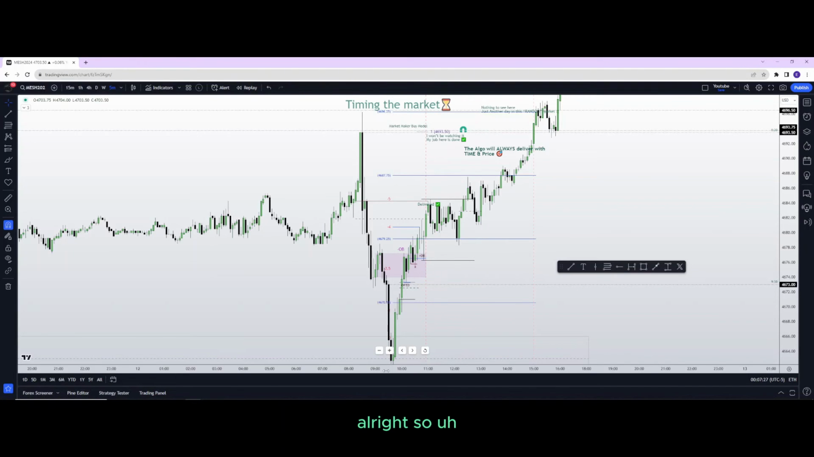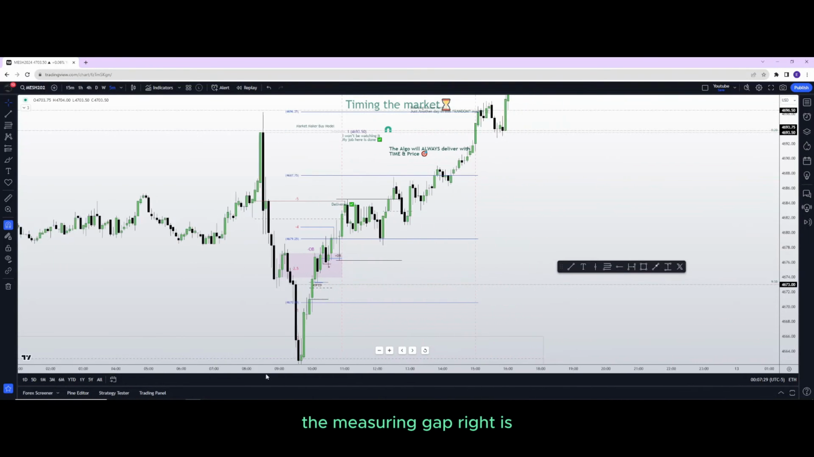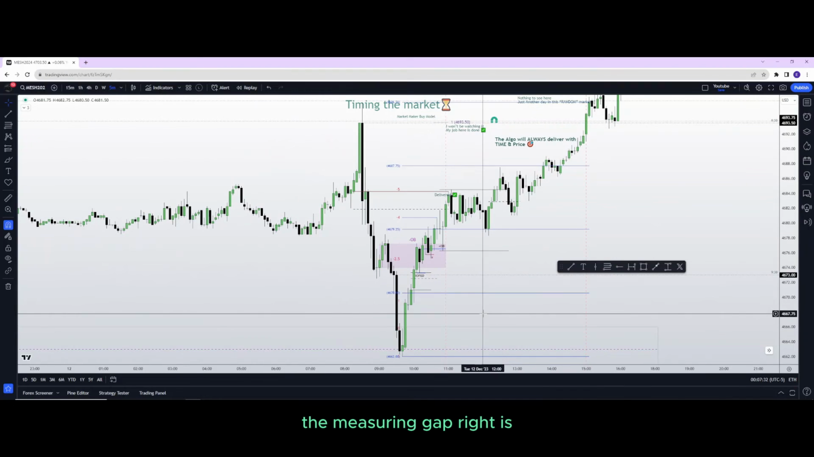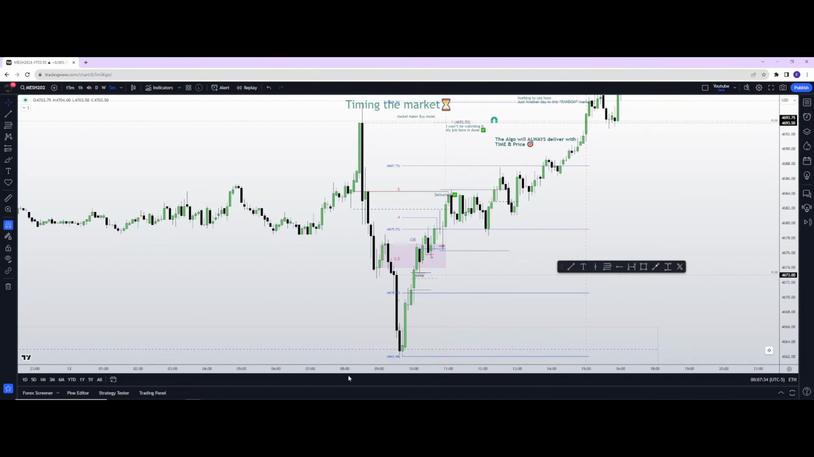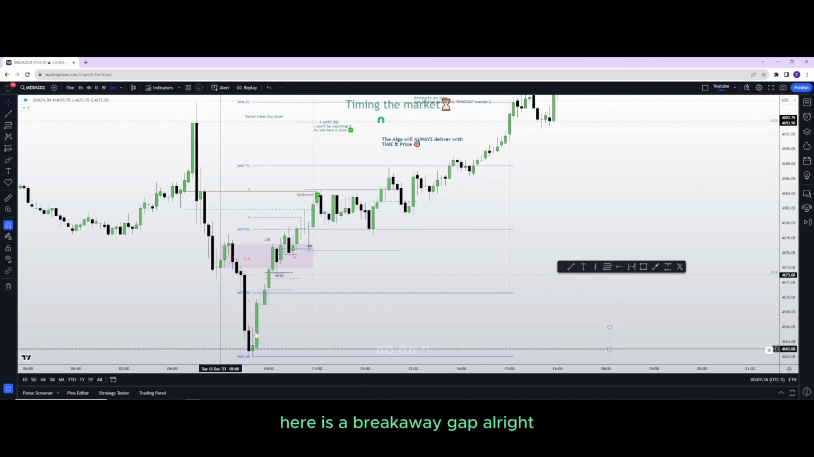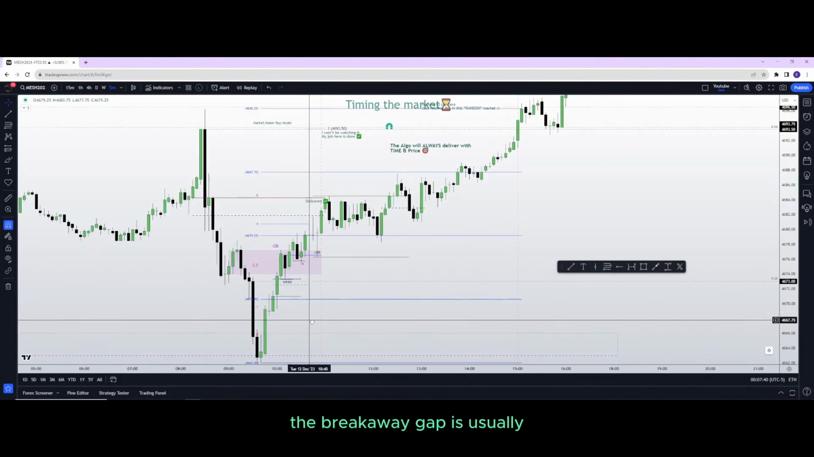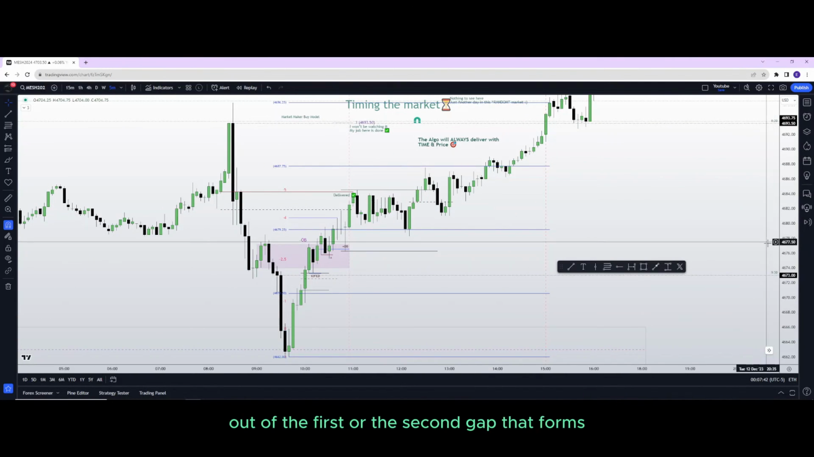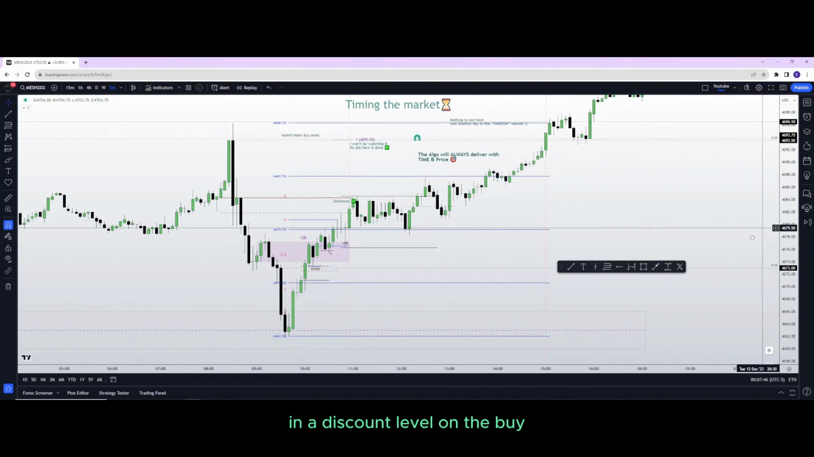All right, so the measuring gap, right, is here. Here is a breakaway gap. All right, what's a breakaway gap? A breakaway gap is usually either the first or the second gap that forms in a discount level on the buy